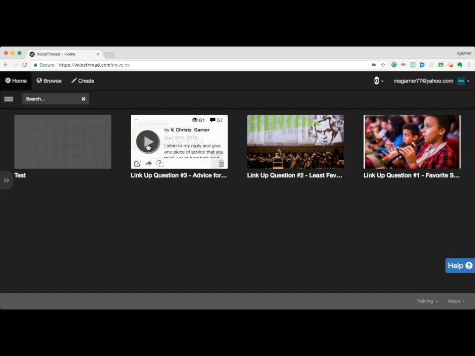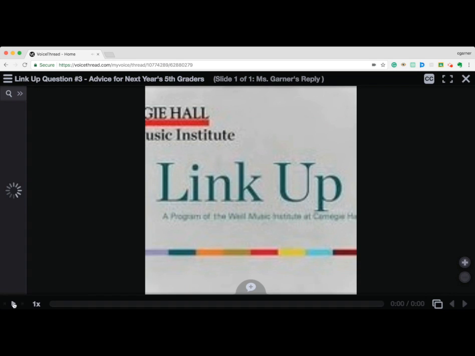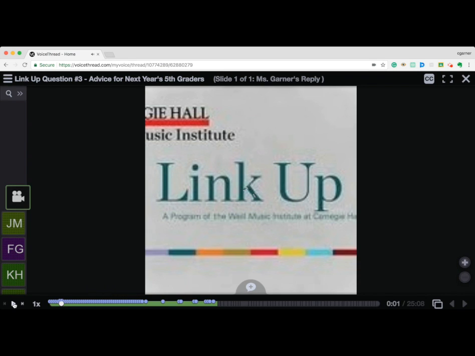5th grade last year. My 5th grade attend a program called Link Up with St. Louis Symphony, which is the culmination of them learning a whole curriculum of pieces where they play their recorder, they sing different songs, and then they do dances to different songs. Then they get to go to Powell Symphony Hall and actually perform that with the St. Louis Symphony. And it's a great culminating experience for my 5th graders as they leave me to go on to